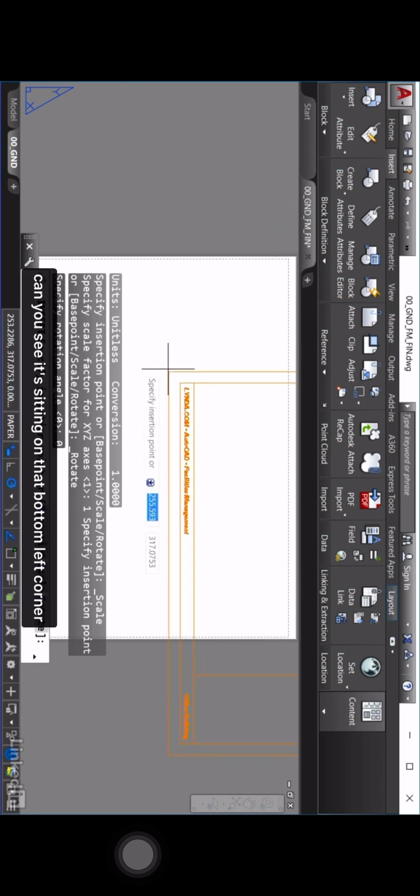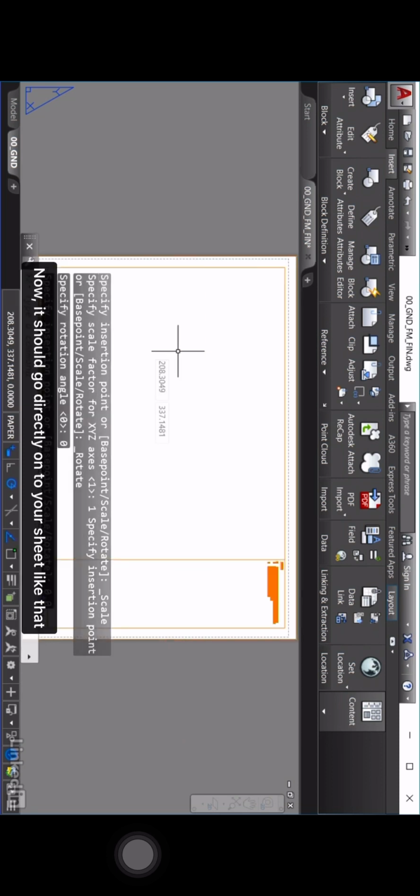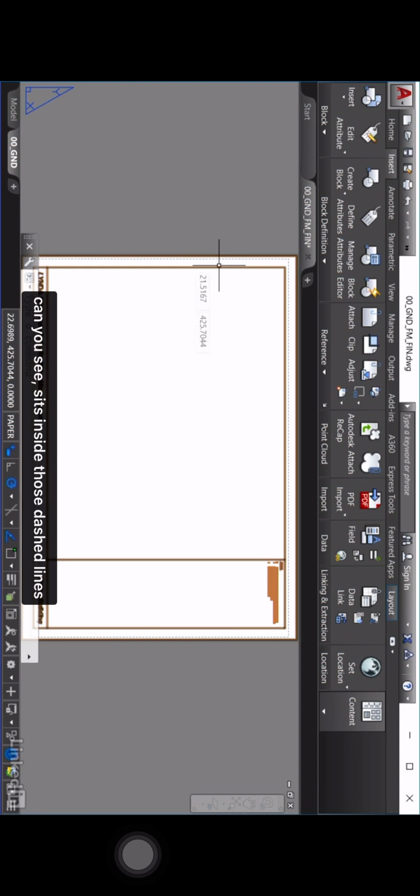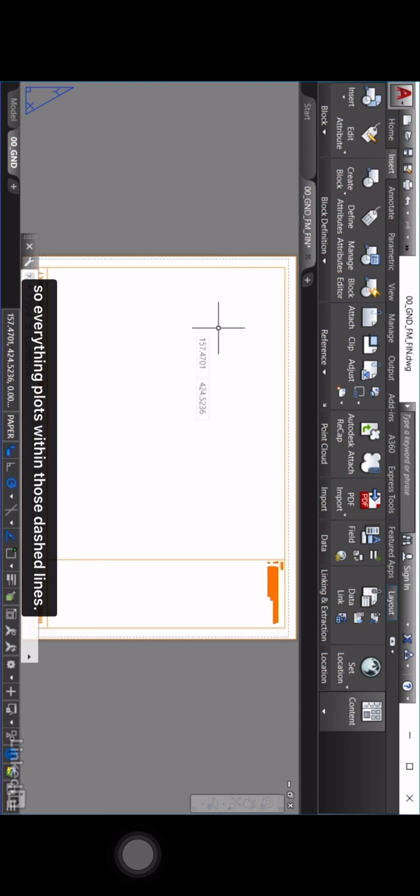So I'll click on it, and as I come into the drawing area now, can you see it's sitting on that bottom left corner of the title block? The insertion point I'm going to set to 0, 0, and then press enter. Now it should go directly onto your sheet like that, so everything sits nicely. So the actual title block, you'll notice there, can you see, sits inside those dashed lines,